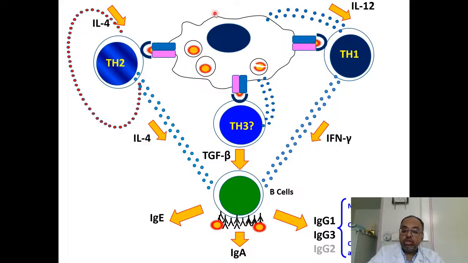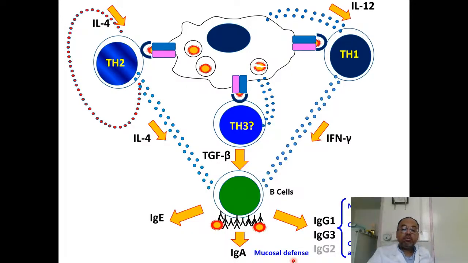So IgG, it's used when the pathogen is inside serum and it is to be neutralized, like it could be a bacterium inside serum or a bacterial toxin, or more importantly, viruses which are inside body fluids. They have not got internalized by cells yet. When we want to opsonize something or when we want to activate complement. Well, complement could also be activated by IgM, but these two other functions are IgG specific. How about IgA? Well, it helps in mucosal defense when you want to secrete antibodies to mucosa so that it protects inside the gastrointestinal lumen.